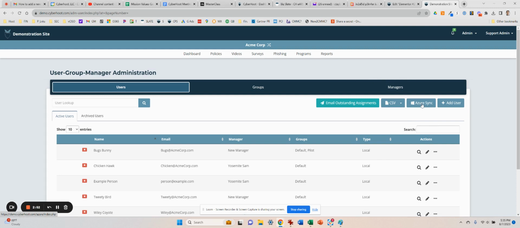There is also Azure Sync. And if you see Azure here in this list, you will want to add the user into the Microsoft Azure group that is being replicated and listed under the user groups here. You'll see group names, and it'll have an Azure group name that you will need to find in their Azure environment. Adding them there will automatically synchronize to CyberHoot once every 4 hours,